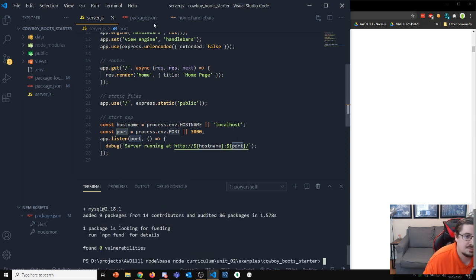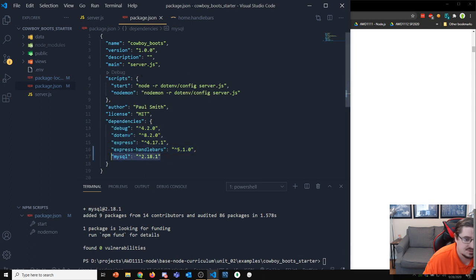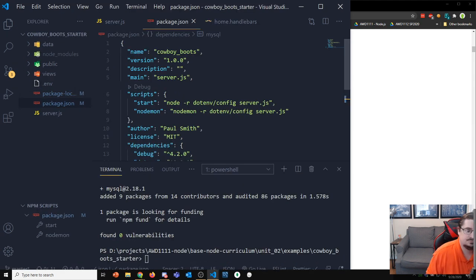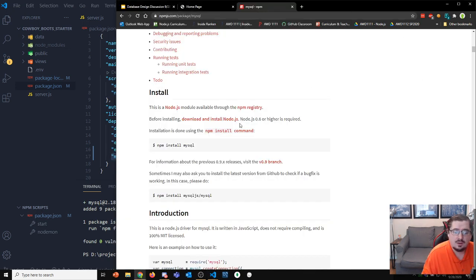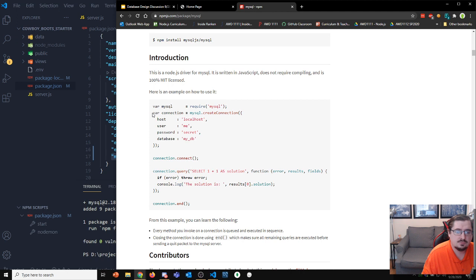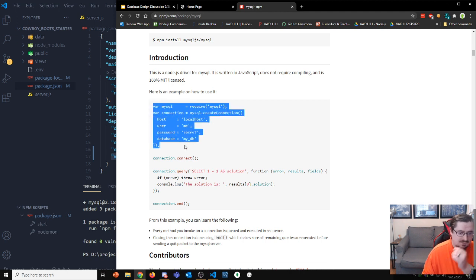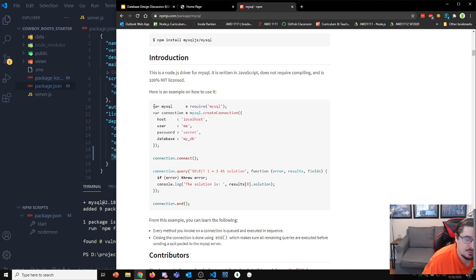Okay, so that's put it into our package.json, just like what normally happens, right? But I need to do a little bit more work to actually connect to the database. So step one is to install the MySQL package. Our next step is, if we scroll down here, what does it tell us to do? Well, we need to first